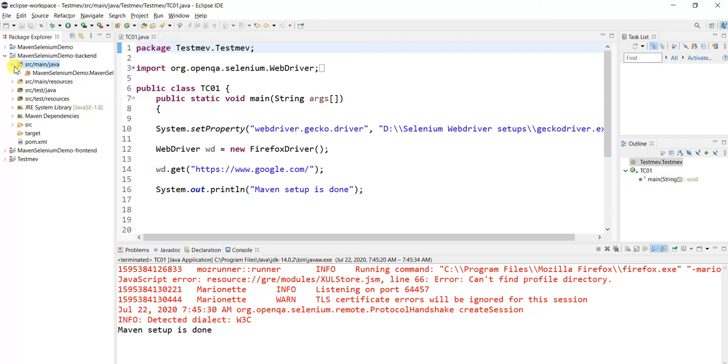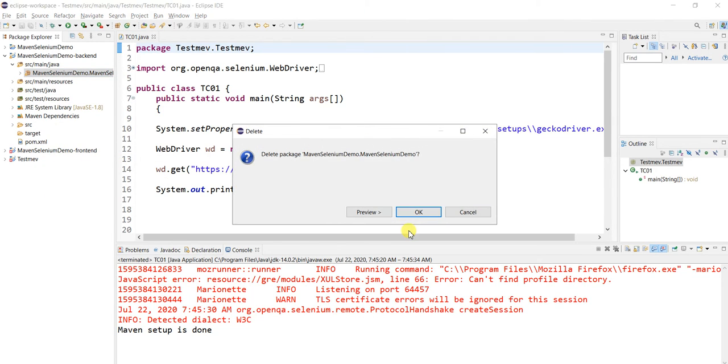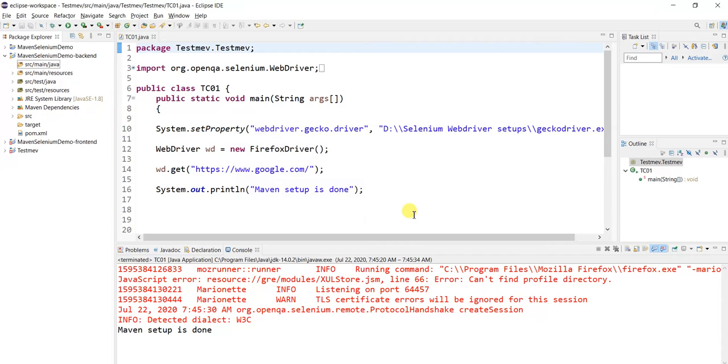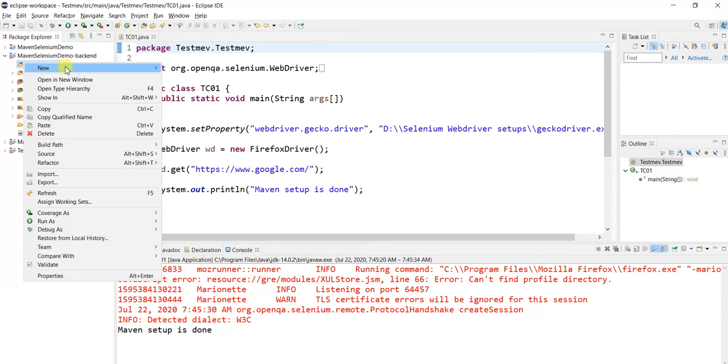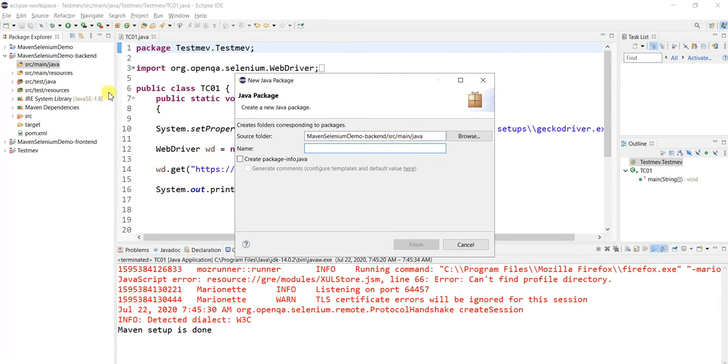So let me just use this main, and let's delete the package. I can create the package on my own, so I'll do one thing, I'm deleting this, I'll create a package. Fine. And what will be the package name over here?